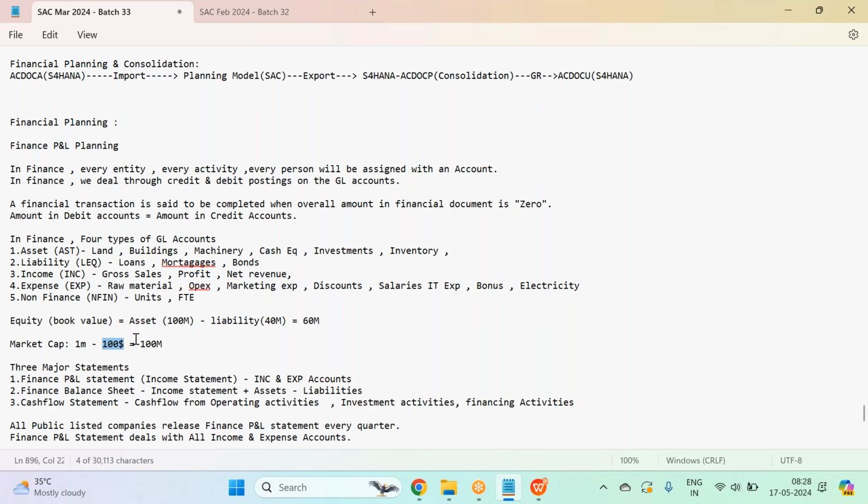So what do we mean? Market capitalization is nothing but the number of stocks multiplied by the price of one stock. So my company has issued, suppose, 1 million. A lot of people think, guys, if the stock price is 20 rupees, the company is cheap, and if the stock price is 500, the company is expensive. That's the wrong way of looking at it, because a company might have issued 1 million stocks at 20, and another company might have issued only 10,000 stocks at 500.